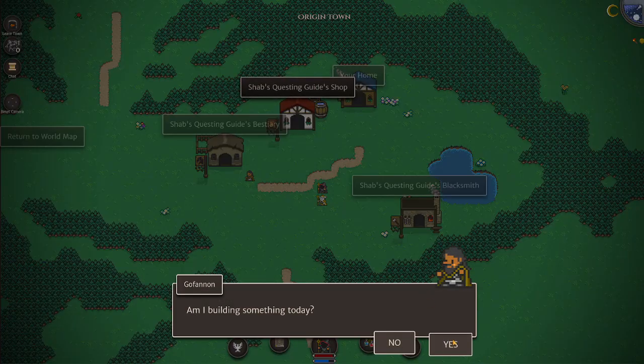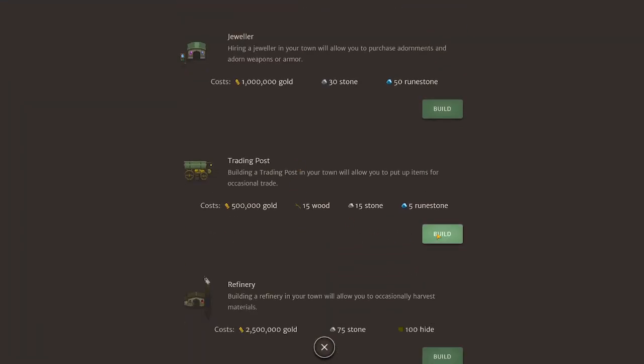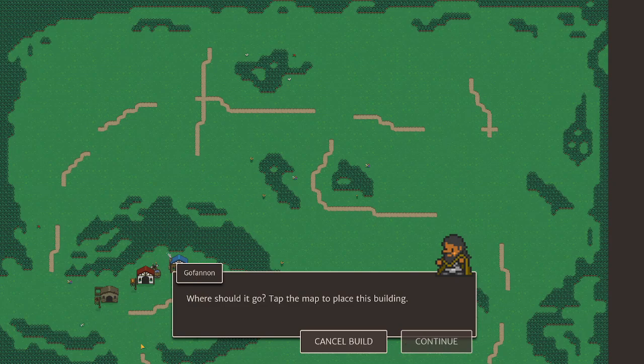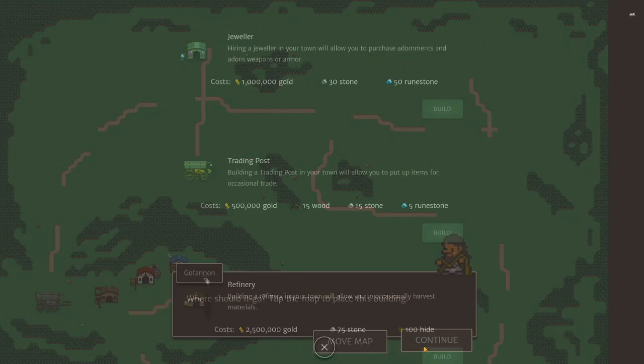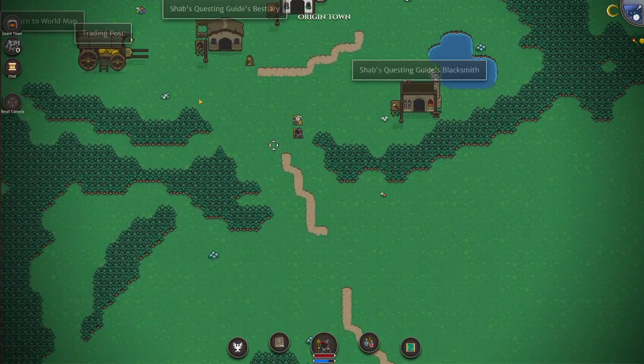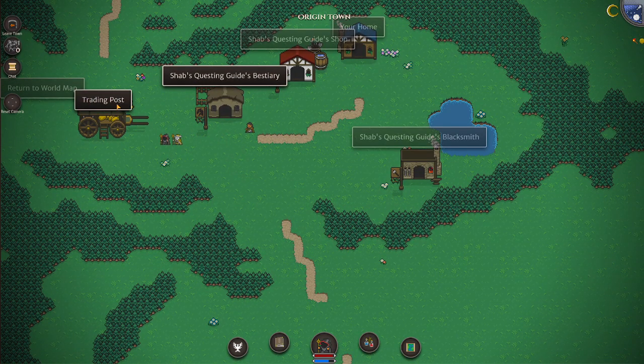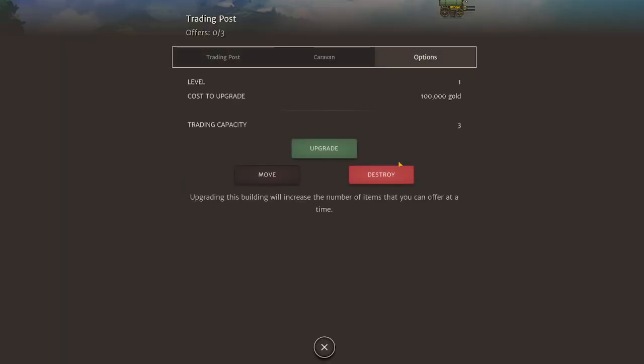I believe I actually have enough materials to build this straight away. So let's build this down here somewhere, over there, and boom, built a trading post. If you want to learn more about how trading works, I do have a video going into detail on that, and I recommend you check it out if you want to learn exactly how trading works